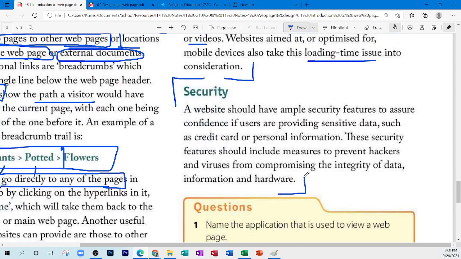So the last area is security. Chitra. Yes, sir. Security. A website should have ample security features to ensure confidence if users are providing sensitive information such as credit card or personal information. These security features should include measures to prevent hackers and viruses from compromising the integrity of data, information,